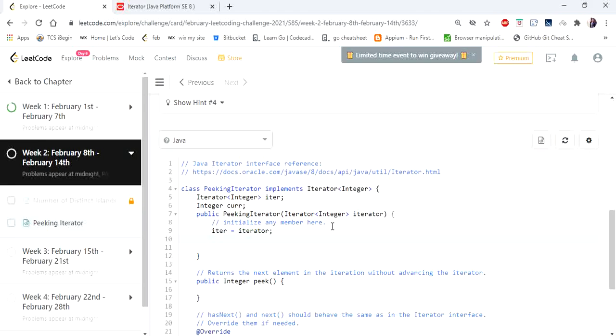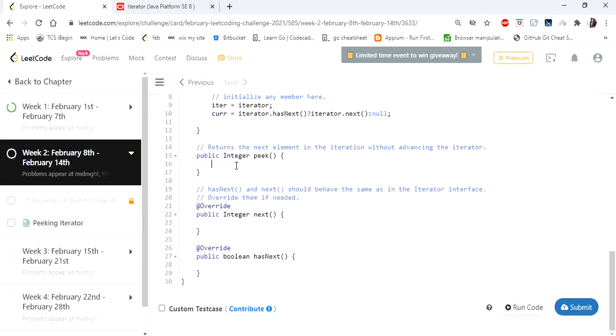That is, current is equal to the iterator's next value if iterator hasNext. We saw the hasNext method returns true if there is a next value; if not, it returns false. So in this case, we assign our current value as iterator.next. If not, it assigns null. So now we have assigned our current value.